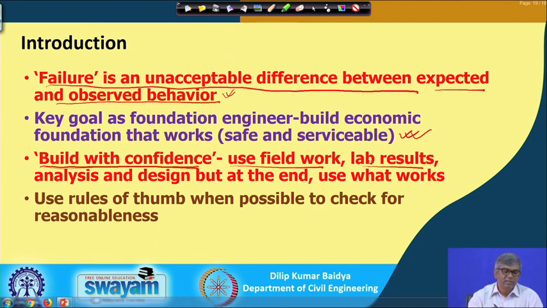For example, this reasonableness is very important. Most of the time while teaching we have seen that many people nowadays use software for design purposes, and that software adopts certain units, and our soil parameters or material parameters also have a definite unit. If you do not give input compatible with what the software is taking, then your result will be something, and sometimes it is 200 millimeter or 200 centimeter or 200 meter.